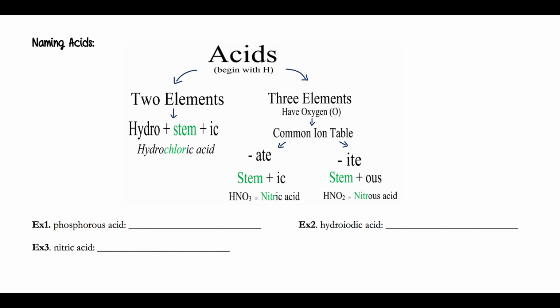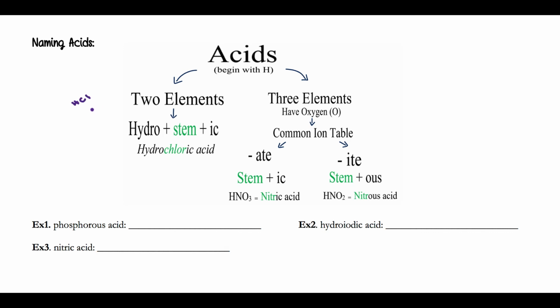Now you already know how to name bases. Bases are simply compounds that have a metal attached to hydroxide for the purposes of this class. All right, so for example, sodium hydroxide, magnesium hydroxide, aluminum hydroxide, etc. We don't know how to name acids yet. So if you have an acid, and remember acids begin with hydrogen, for the most part. If you simply have two elements, so for example, if I give you HCl,